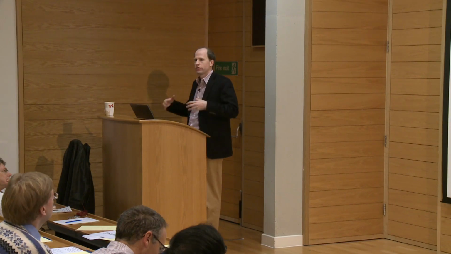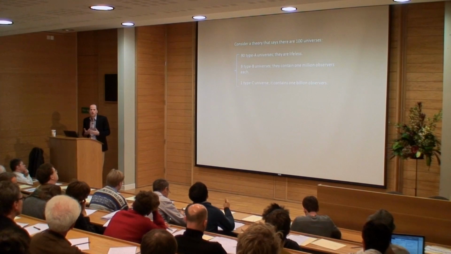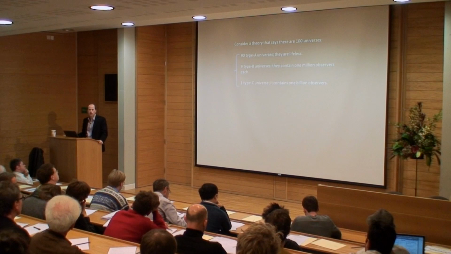Here the self-sampling assumption is one principle that would help you do that. It says that with overwhelming probability, you should expect to find yourself in a type C universe. A randomly selected observer among these 1 billion and 9 million observers would be in a type C universe. So you can find a way to connect theories that postulate some distribution of observers, or more generally some objective description of the world, with some hypothesis about what you should expect to see if that theory were true. That is, it connects hypotheses about which possible world you are in with hypotheses about which centered possible world